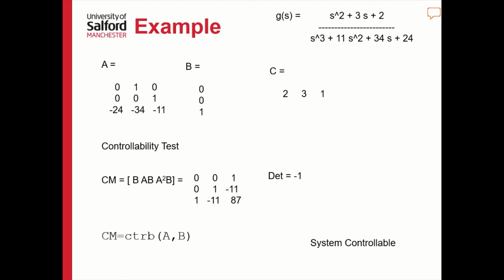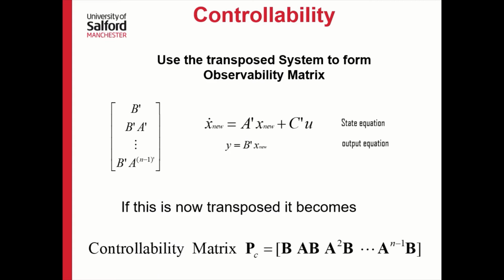An alternative way of doing this is just to factorize this and look for the pole zero cancellation as well. And again, if we've got the A and the B, we can work out the controllability matrix through CTRB(A,B) as a MATLAB command. And then we could work out the determinant of this thing. And if either of the determinants are 0, then we would conclude that the system had a pole zero